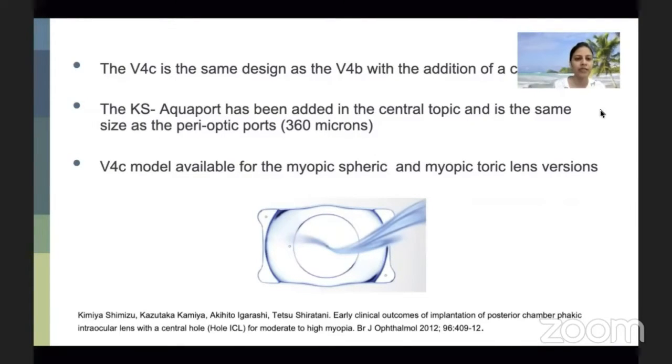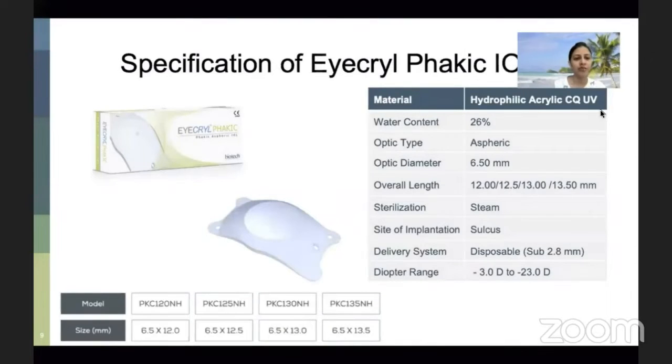It was seen that at 6 months, 95% and 100% of eyes were within plus or minus 0.5 and plus or minus 1 diopter of targeted correction, respectively. Change in manifest refraction from week 1 to month 6 was plus 0.6. No significant rise in intraocular pressure, pupillary block, or secondary cataract occurred in any case during the observation period. Next we have Icryl phakic IOLs.